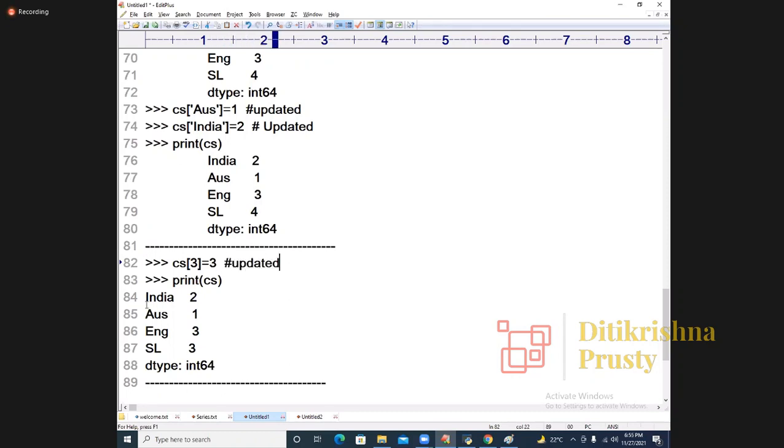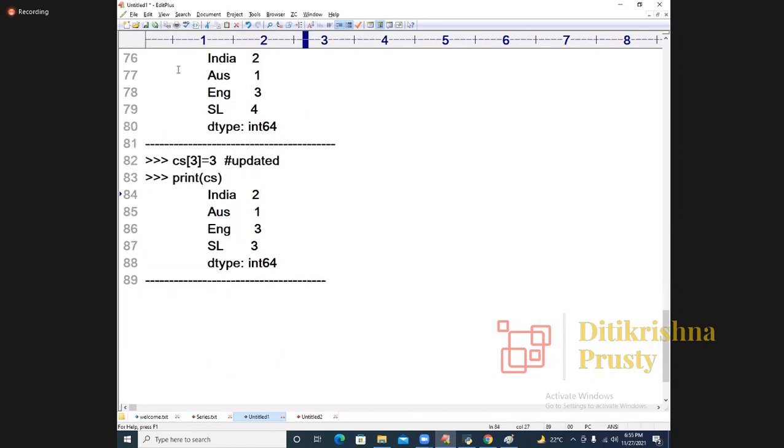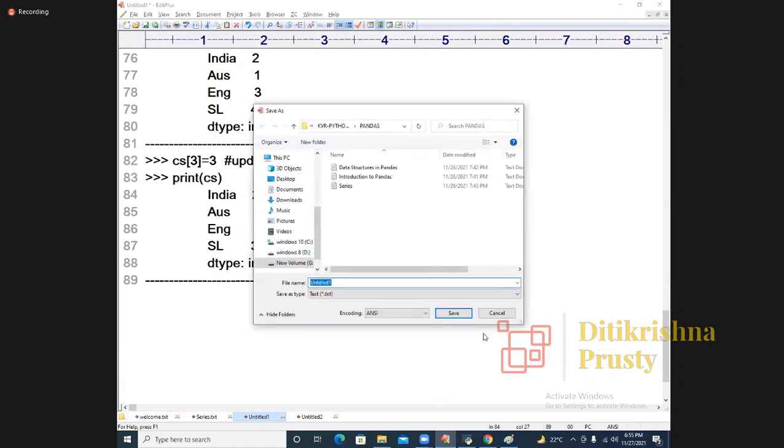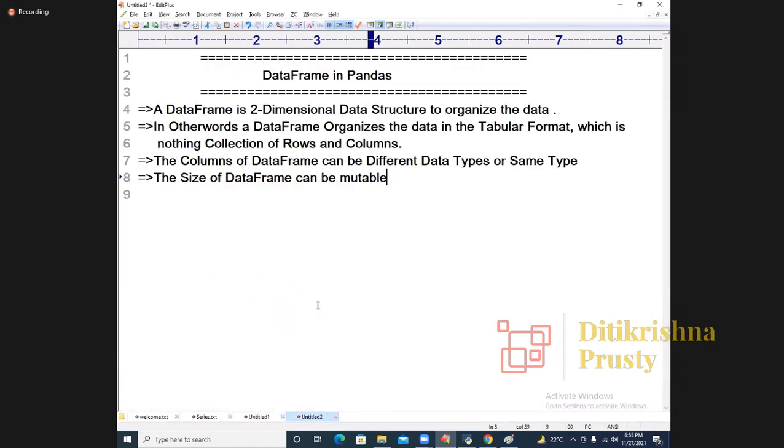Very simple, ma. Updated. This value is also updated. Yeah, so this is related to updation, also taken up. Yeah, I will take care of that. Now coming to this, because I came all the way, I went there and I